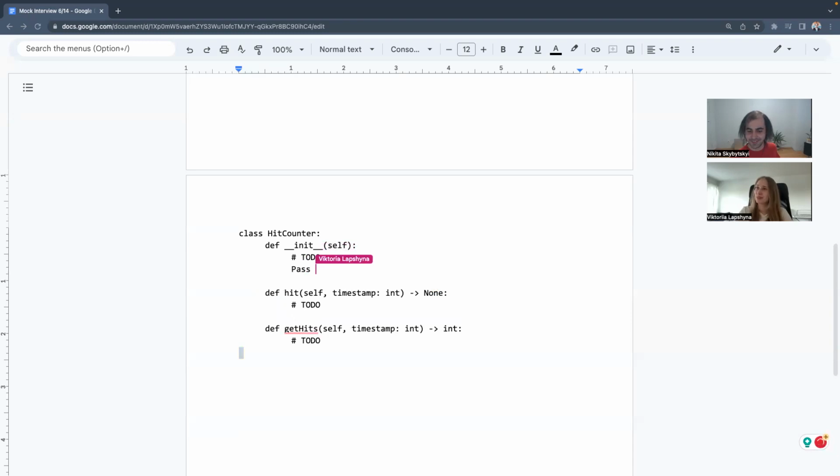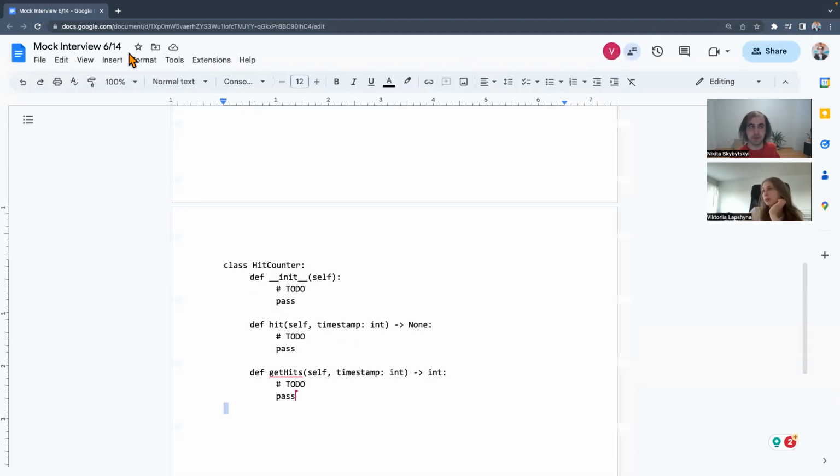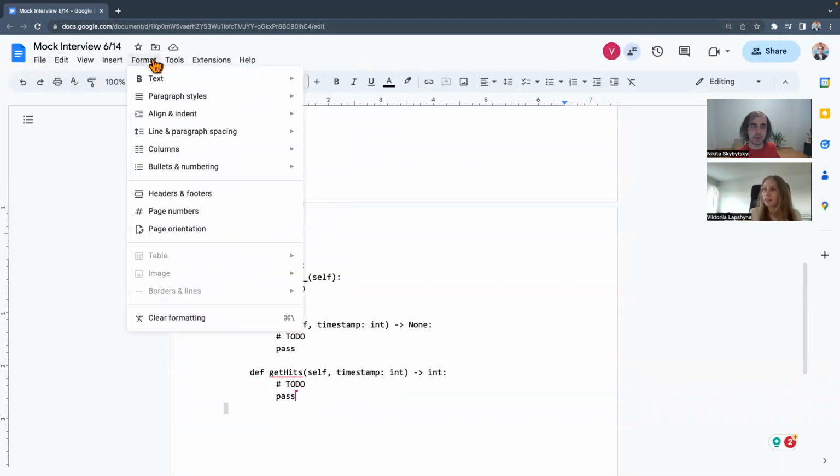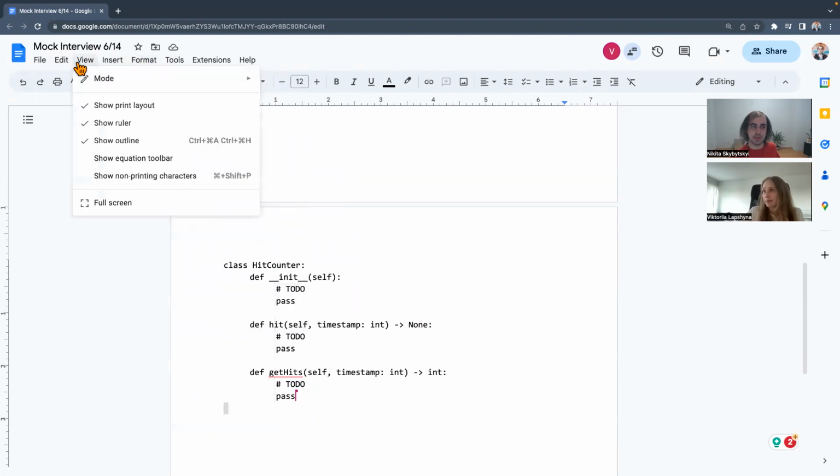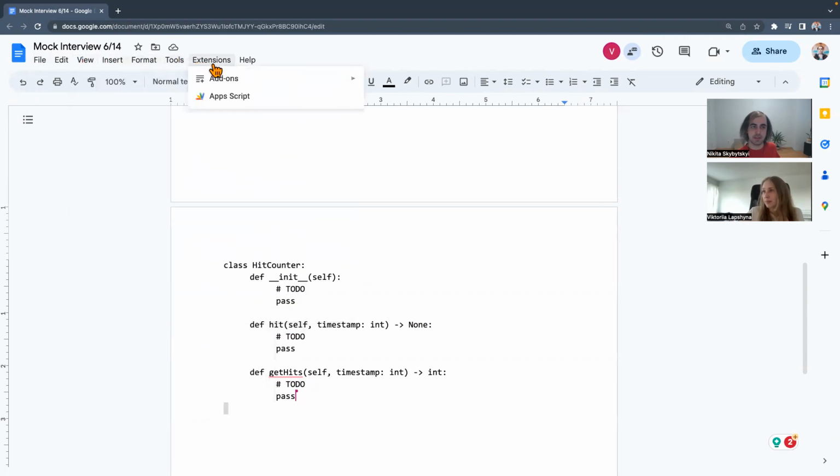Yeah, it's just going to be a bit annoying if it will keep capitalizing letters. Okay. You can turn it off in Google Docs settings. I don't remember. Oh yeah, that would be great. Thanks. I think it is.